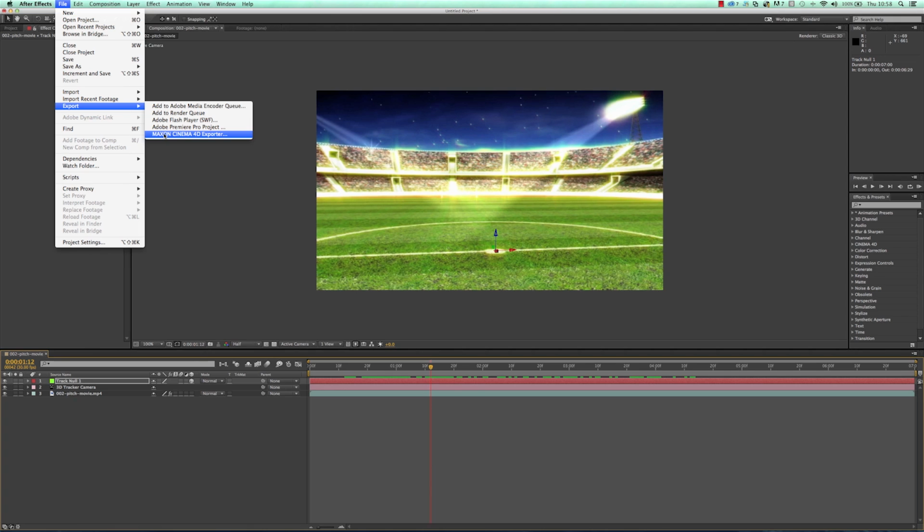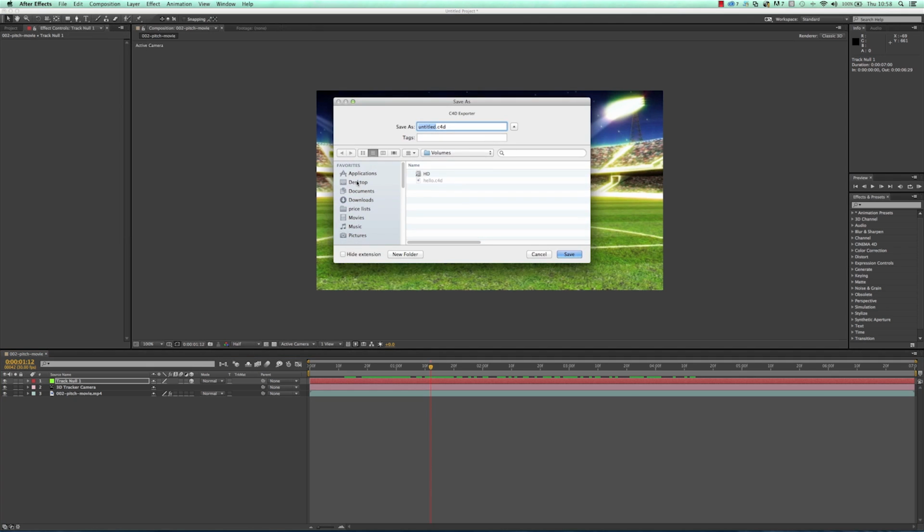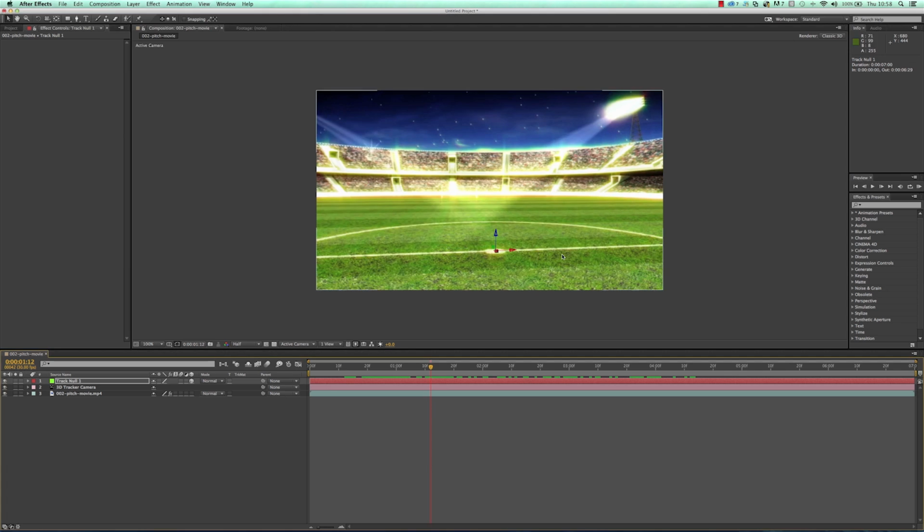Now the cool thing is you also get a version of Cinema 4D built in with After Effects. So when you hit this, it'll create a Cinema 4D file that you could load into ordinary Cinema 4D if you already own that tool, but if you don't, you can load it into Cinema 4D Lite. So the first thing we do is choose the Cinema 4D exporter, and we choose a location. So I'm just going to chuck mine on the desktop. I'm going to call this, I don't know, a demo, and hit save.